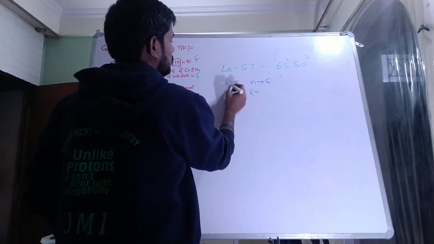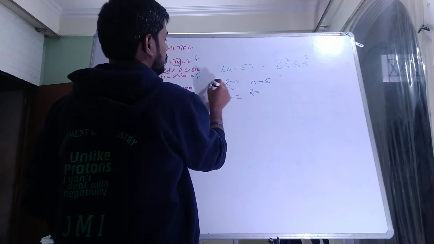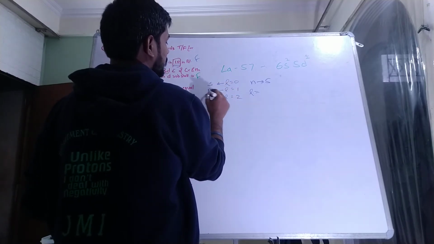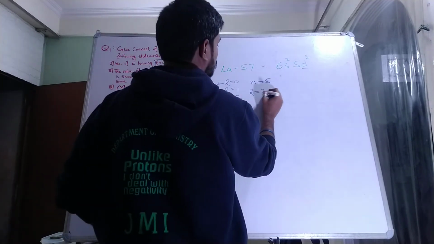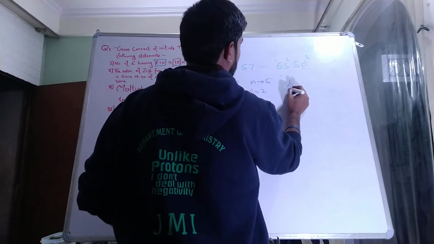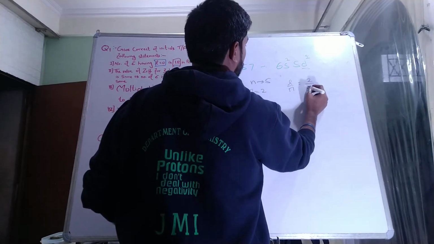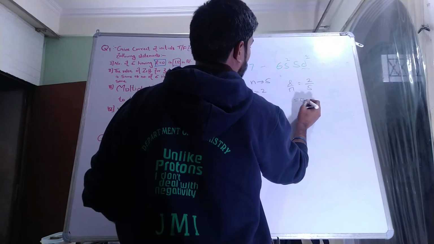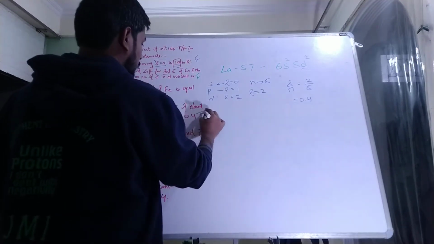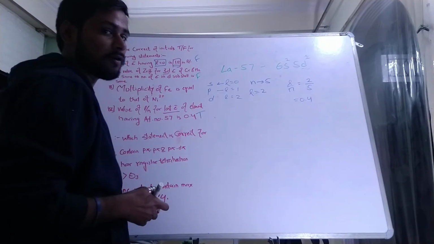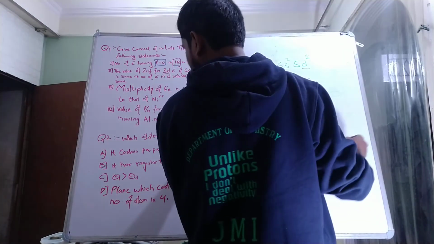From here, L is equal to 0, L is equal to 1, L is equal to 2 for s, p, and d orbitals. So it is the d orbital, so L is equal to 2, and L by n, so L is 2 divided by 5, it will be 0.4. So the last statement is true and the other 3 statements are false. So let us see the next question.